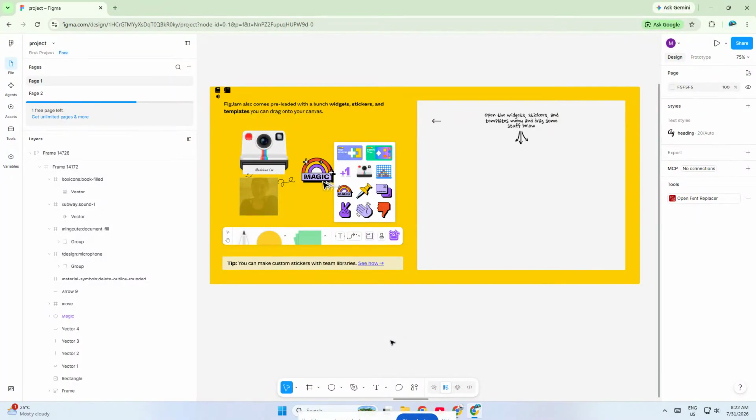In this video, I'm going to show you how to create a musical note icon in Figma quickly and easily using a free plugin. This is a super simple method, and it's perfect if you want to add music-related icons to a design, build a playlist UI, create a music app mockup, or just speed up your workflow without drawing